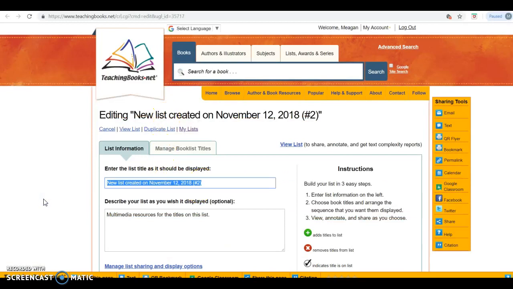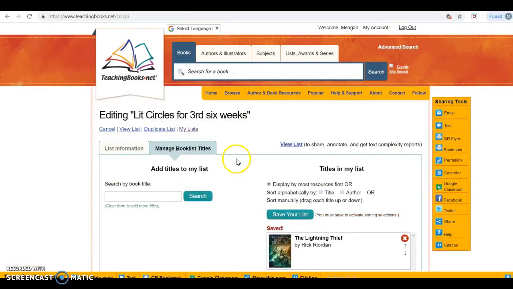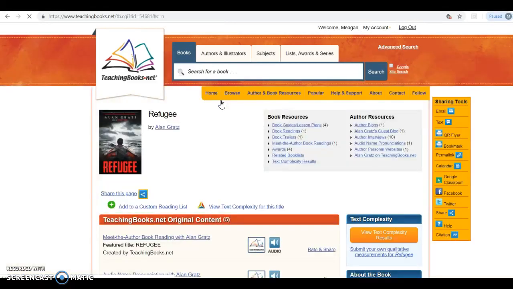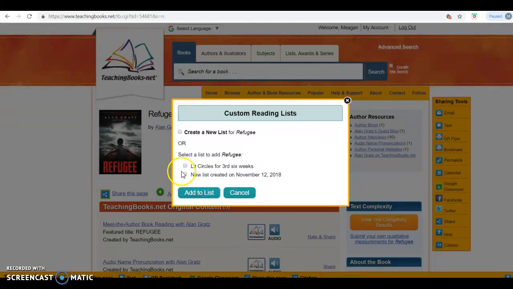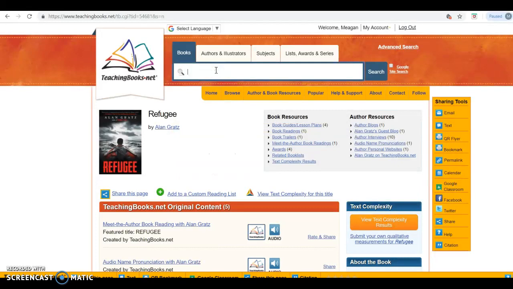So here I'm going to say I want Lit Circles for the third 6 weeks. So now all I have to do is seek out those books. I just added Lightning Thief, so now I'm going to say Refugee, because our students just finished doing that one. Add to list, and I'm going to choose the one I wanted on. Add to list. I'm going to go back up, and we're going to do